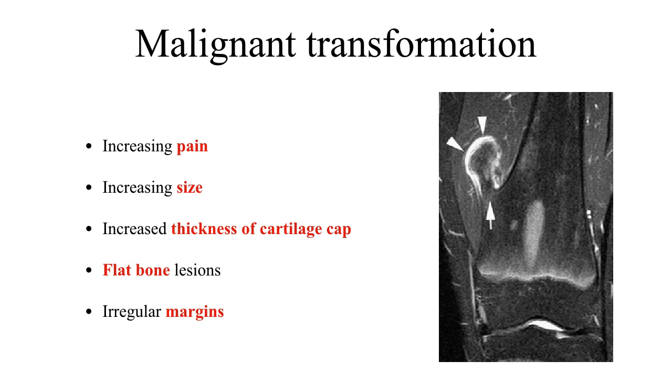Most of the lesions are in flat bones like the pelvis and scapula, and when the margins of the lesion are irregular with adjacent soft tissue infiltration. So these 5 signs might indicate that there is a risk of malignant transformation.